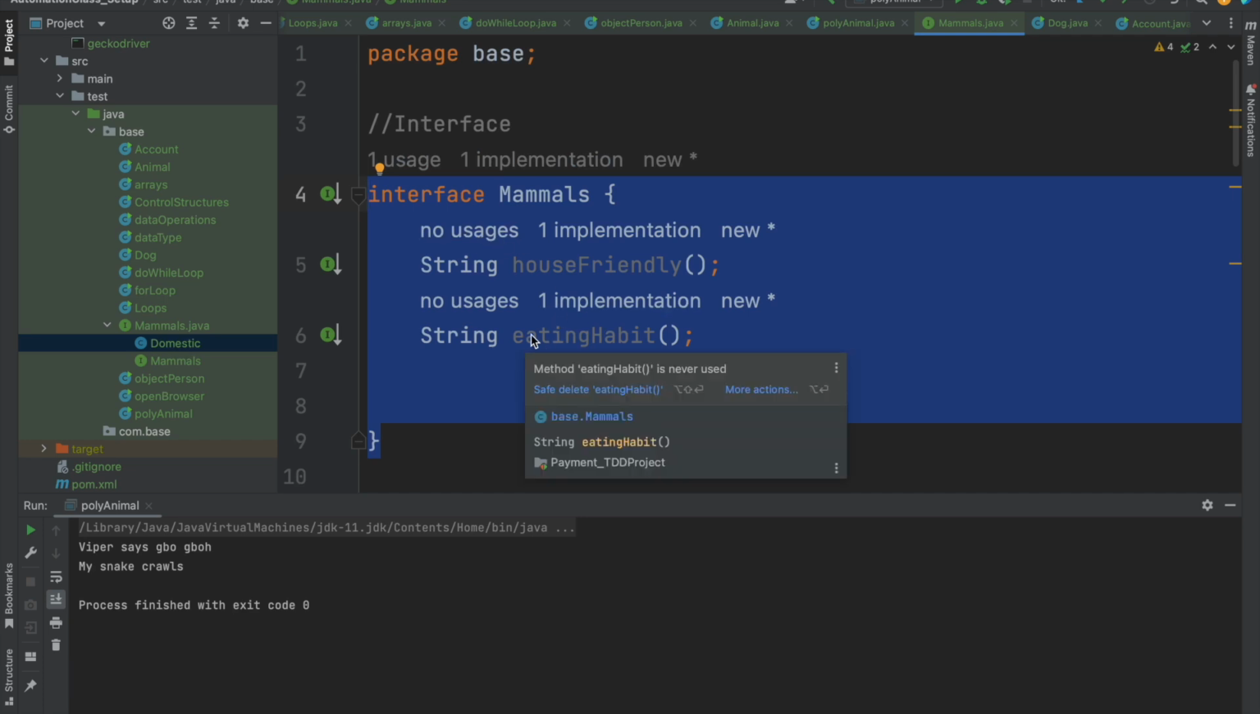Now that is interfaces. We've talked about inheritance, we've talked about polymorphism, we've talked about encapsulation, we've talked about interfaces. I think the last is abstraction. Yes, the last of it is abstraction. So from the word abstraction, you already know that